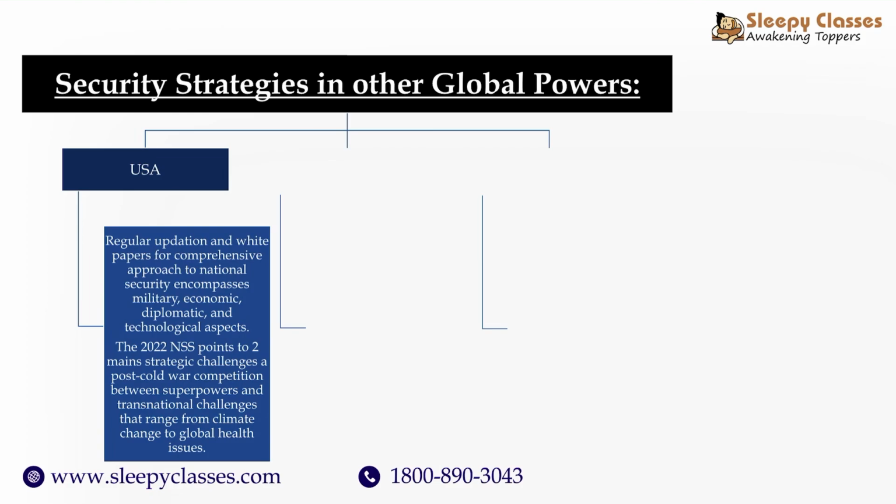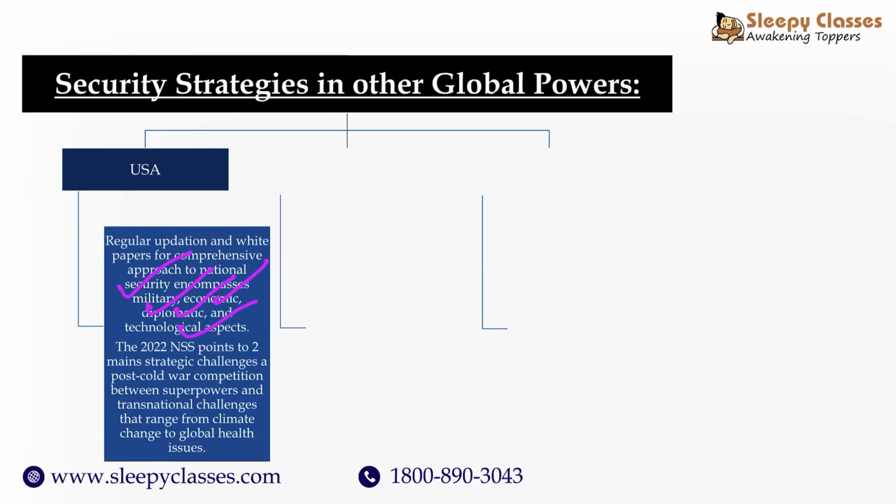And this it had formulated in the aftermath of the debacle that was the Vietnam War. So they knew that they don't want a repeat of the Vietnam War, so let's bring in some changes and transformation in the way in which we imagine our security and address the challenges associated with it, so that we are able to perform better, right? And again, it is a very comprehensive approach which includes national security challenges, military and economic responses, diplomatic responses, as well as the technological aspects of the same.